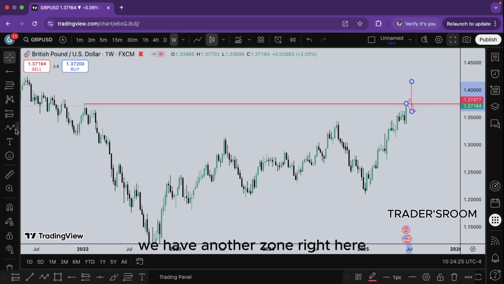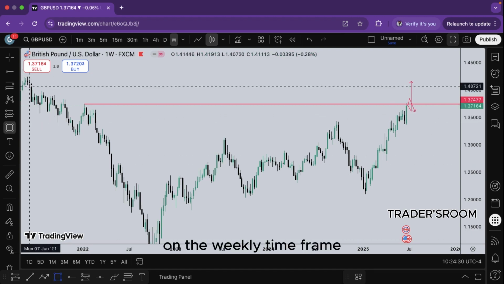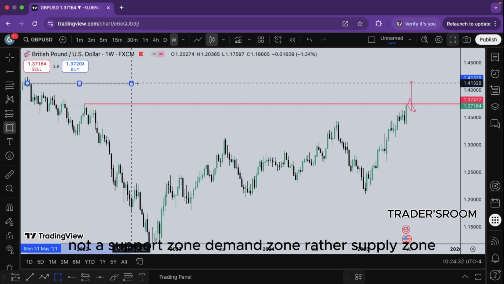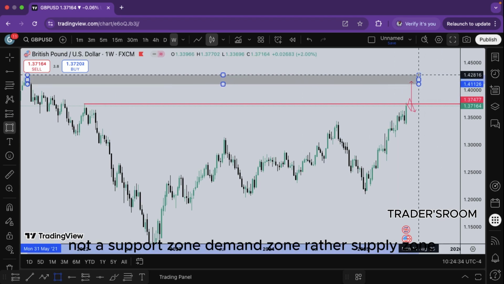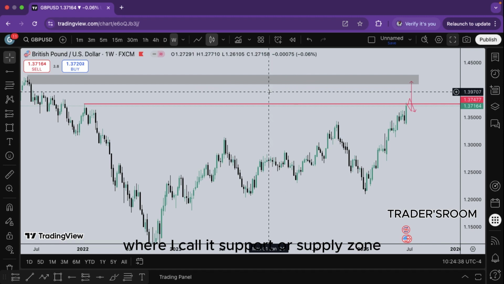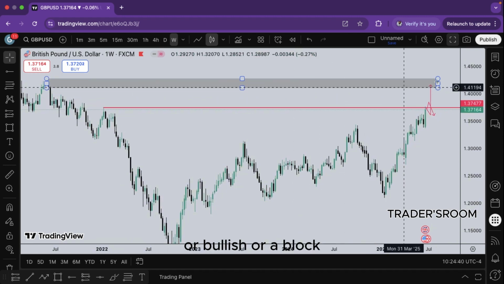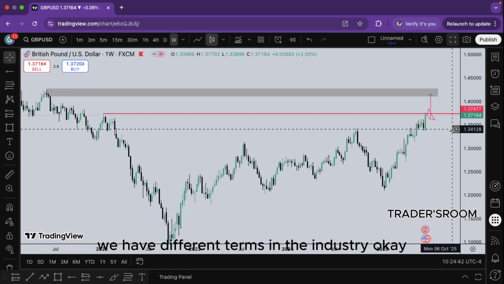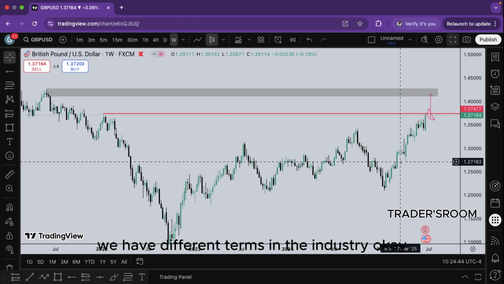We have another zone right here on the weekly time frame, not a support or demand zone, rather a supply zone, whether you call it support, supply zone, or bearish order block. We have different terms in the industry. So these are the scenarios, and this is what I expect on the dollar index, GBP/USD, and